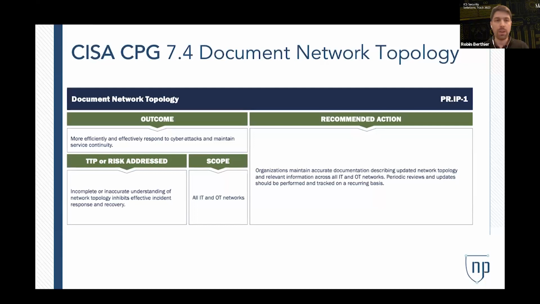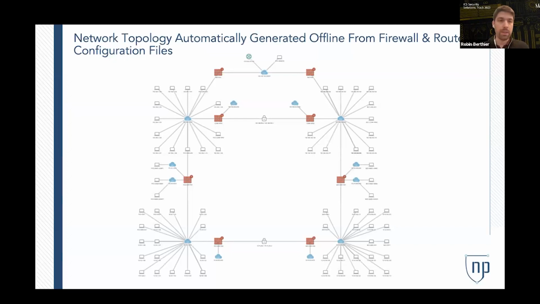And so if you look at the mapping in the top right corner, this is mapped to the NIST CSF PR.IP-1. So there's different ways to address this CPG. The first manual way would be to ask your team to produce some visual diagram by hand. This can be time consuming. And then when you are complete with those diagrams, often they are outdated because changes in the network made them obsolete. So what I want to show today is an automated way through this network access modeling solution.